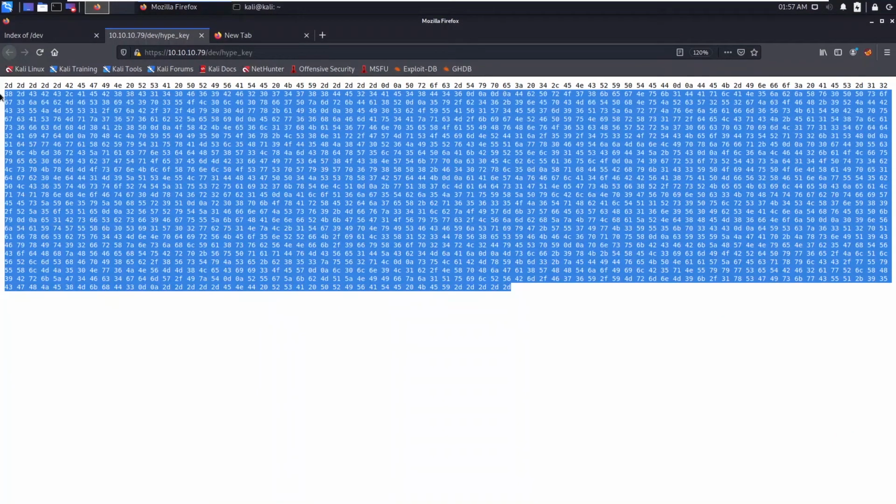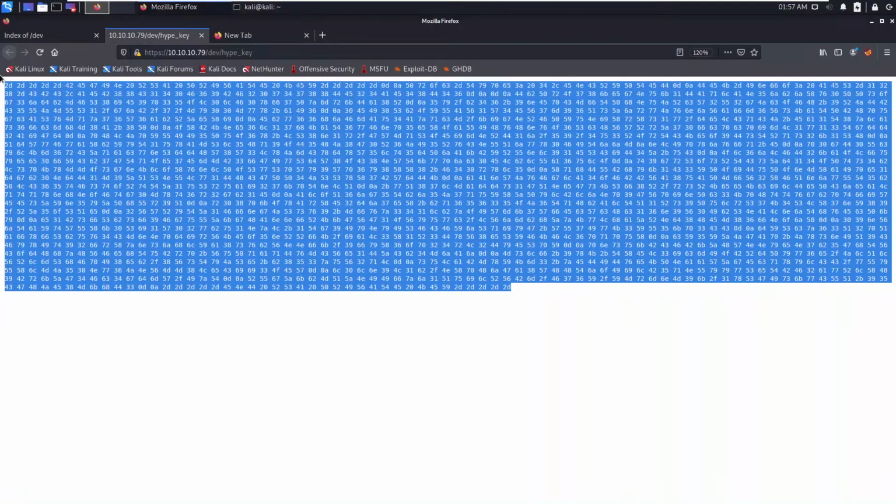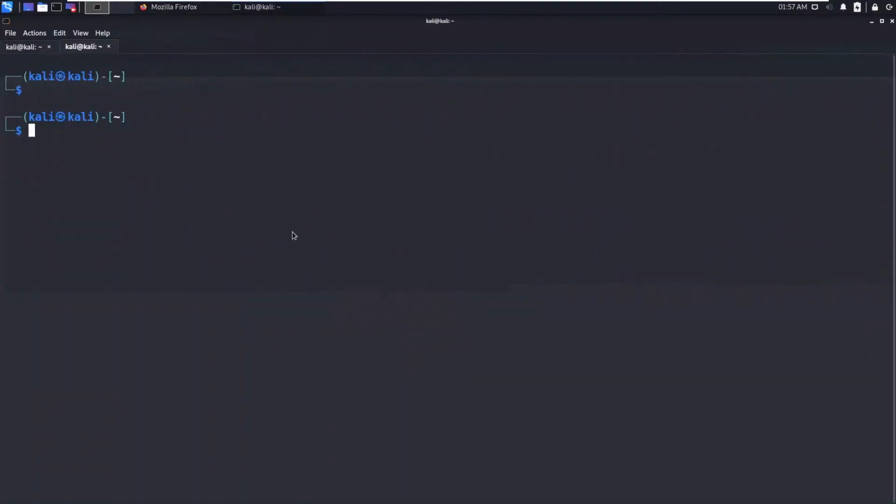Okay, let's copy all this, and this is the hex encoding. So you can use a hex decoder. Sorry, I did not copy.